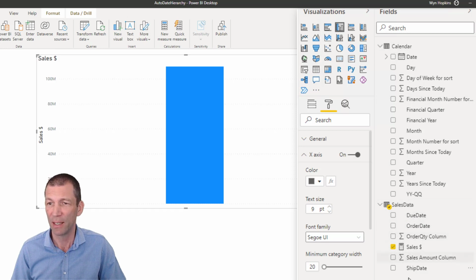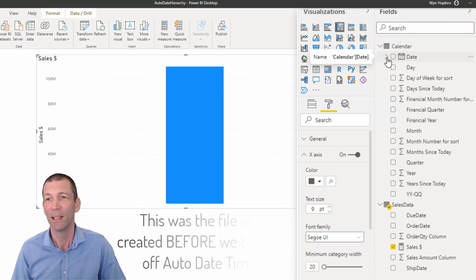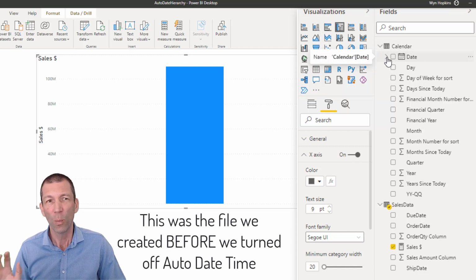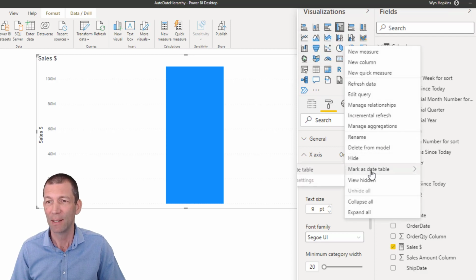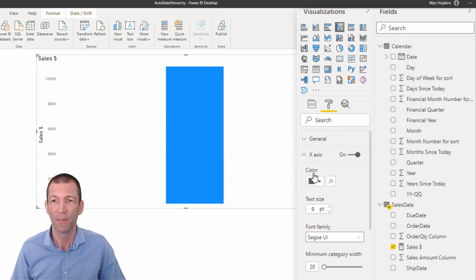And you'll notice that the hierarchies have now disappeared. There's actually a hierarchy in my calendar now, which is really annoying. One way to get rid of that, and also a couple of other benefits of doing this, is to mark your calendar as a date table. So if I right click and mark as date table,